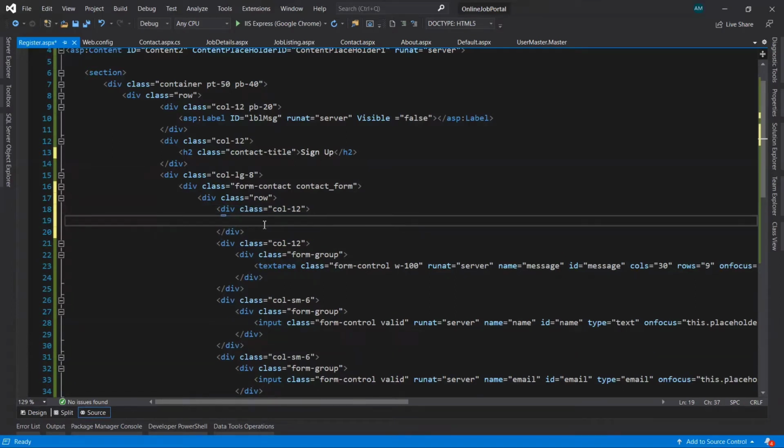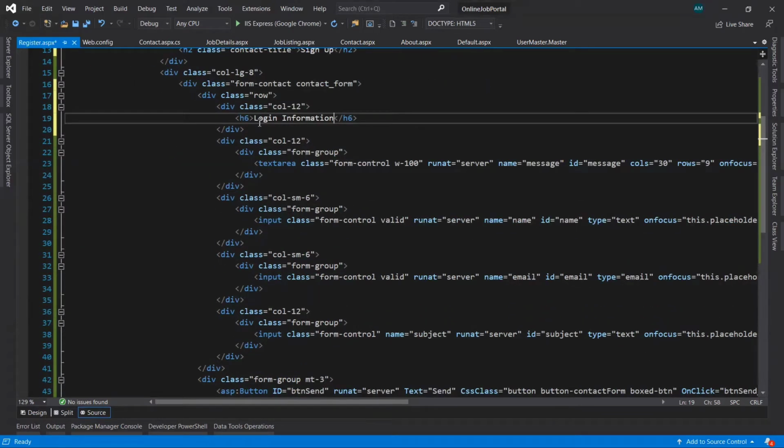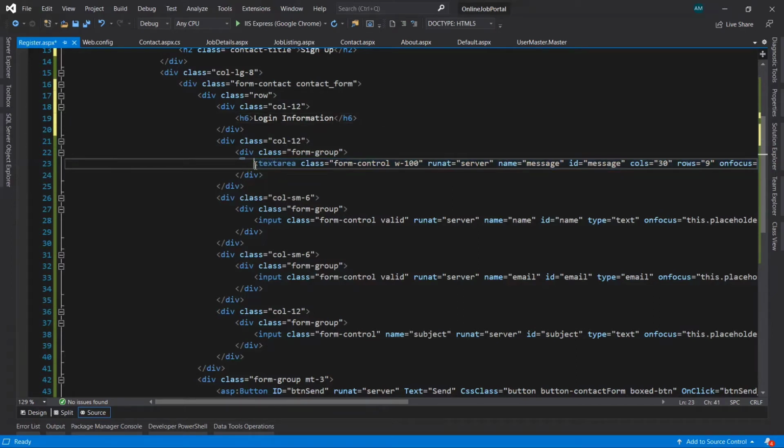Now inside that we are going to take one header tag, h6, with the text Login Information. Inside the login information we are going to take text boxes.